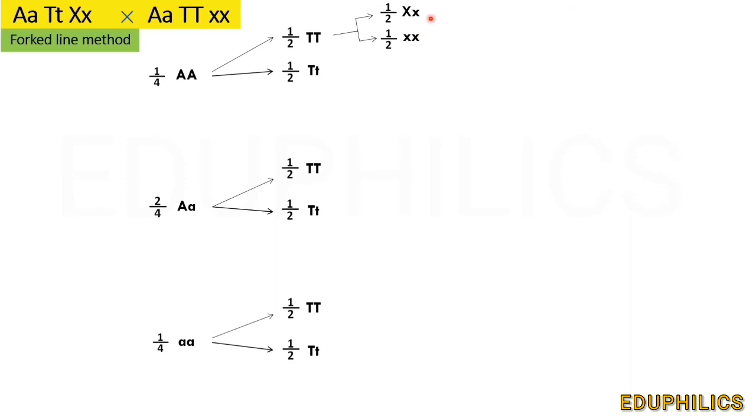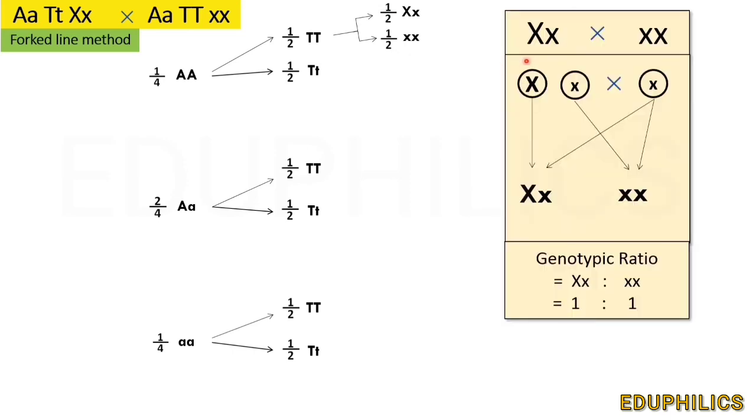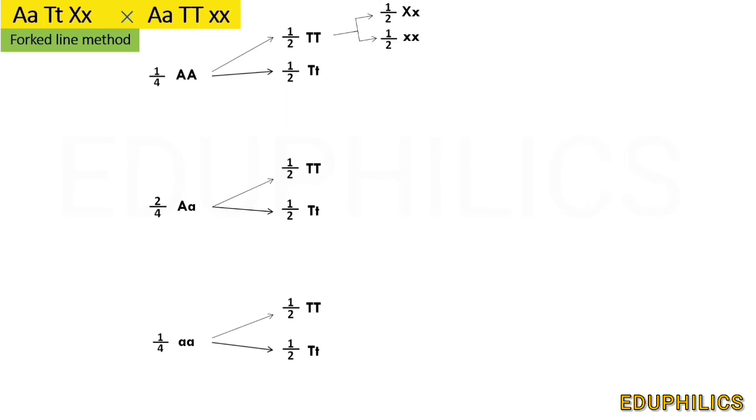Here we'll get capital X and small x. We already watched this monohybrid cross for the first question. Anyway, let's do it again. Capital X into small x as given in the question. So we got a genotypic ratio of 1:1, which we considered in writing the fork-line method. So let's write all the combinations. This is the actual possible genotype of the offspring, where we have combined the three separated genotypes, capital A, capital T, and capital X, small x.